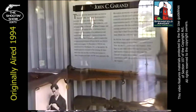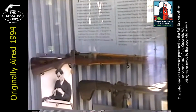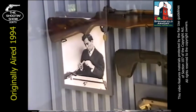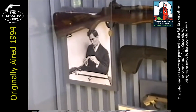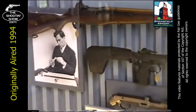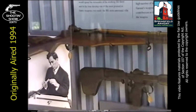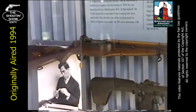All right, here we have an exhibit featuring John C. Garand, who was the inventor of the famed M1 rifle that was used in World War II so much. His firearms designing genius probably ranks close to Browning's. He had developed this rifle, and in 1927 the Army